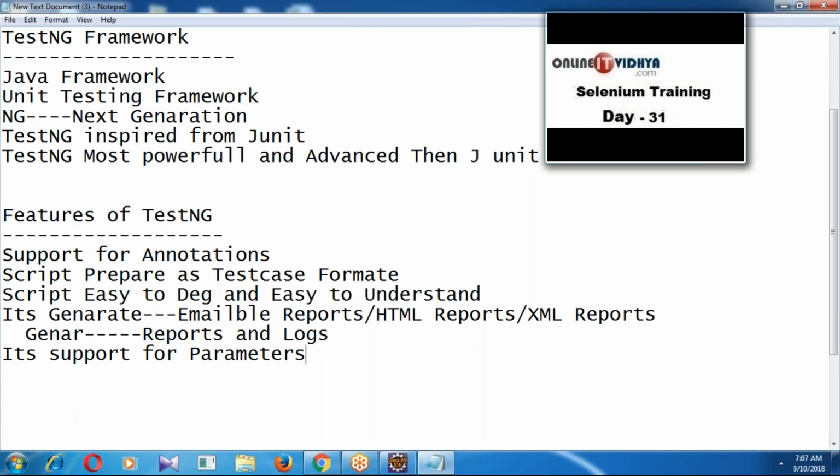Remember, in the same way, we can pass parameters by using the TestNG framework. It supports parameters, and as well as it supports